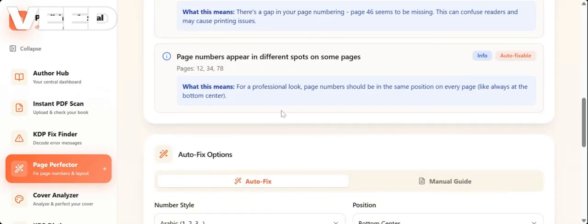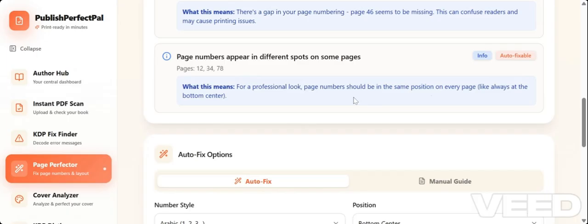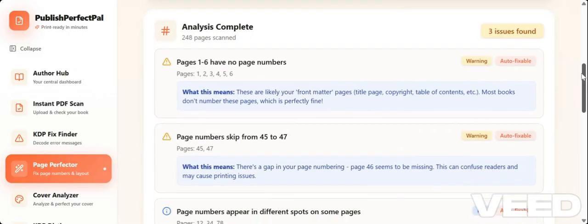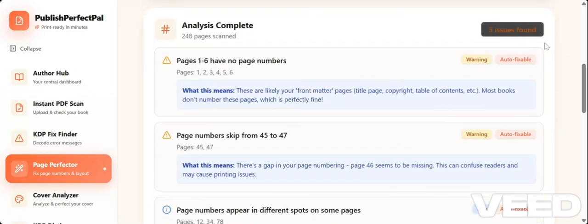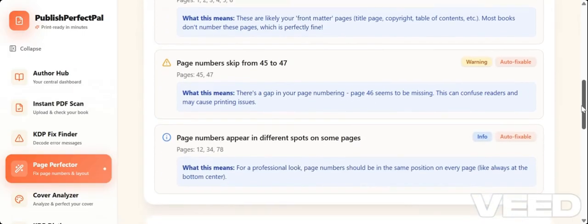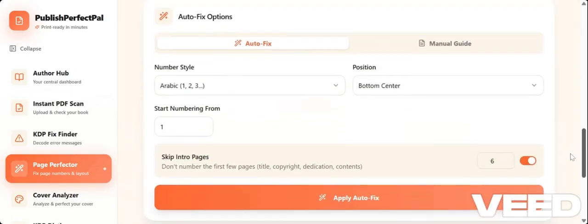And then it says here, page numbers appear in different spots on some pages. So it highlights page 12, page 34, page 78. It says, for a professional look, page numbers should be in the same position on every page, like always at the bottom center. All right. So it's very, very specific, as you can see, and it's identified 3 issues with my page numbers. Okay. So if I scroll down,